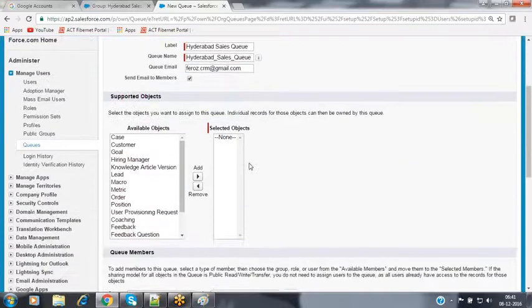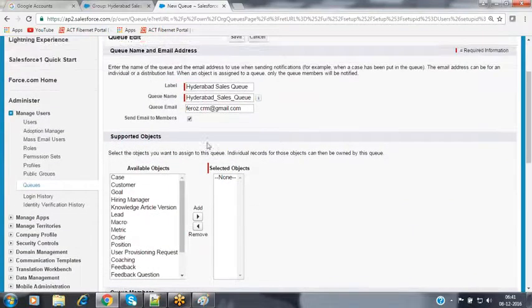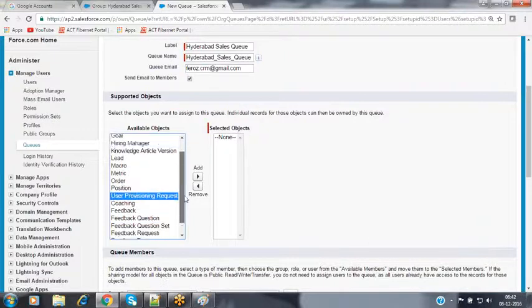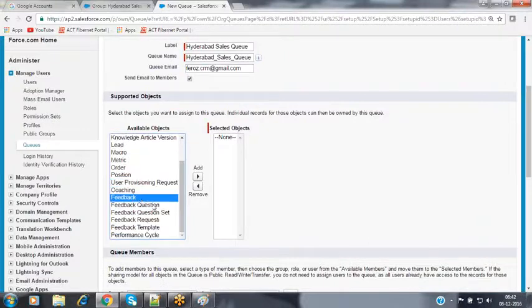Now what object record would you like to store inside this queue? It supports a few objects here: Case object, Customer is my custom object, Goal, Hiring manager is my custom object, Knowledge article version, Lead, Macro, Metric, Order, Position, User provisioning request, Coaching, Feedback, Feedback question, Feedback question set, Feedback request, Feedback template, Performance cycle.